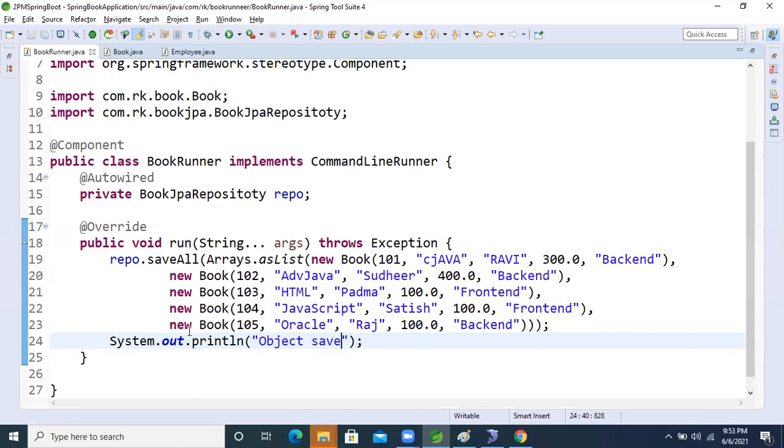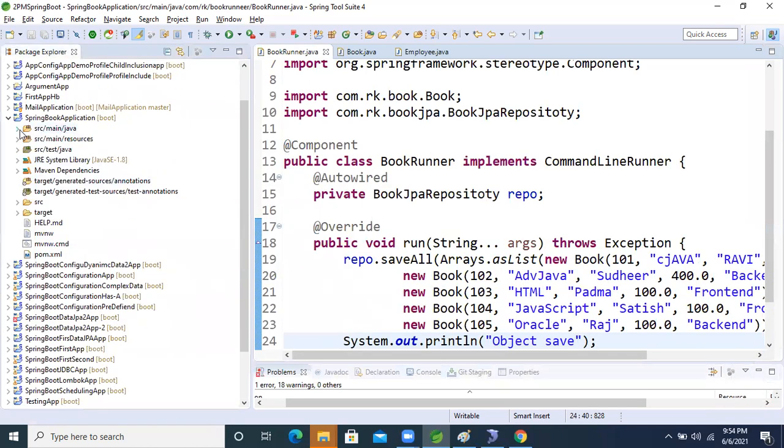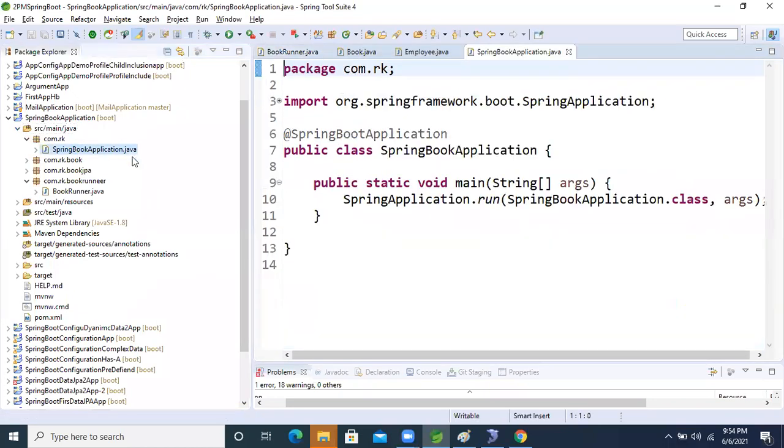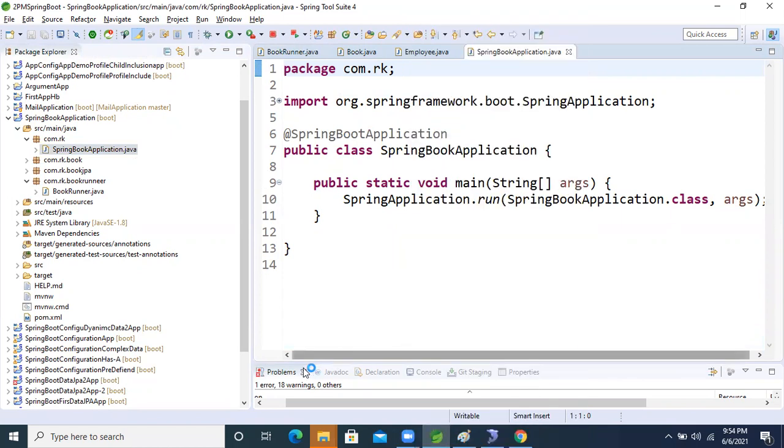Okay, so now shall we run the application now, guys? Yes, sure. Okay, so now we need to go and create the properties. Now right click, run as what? Spring Boot application.